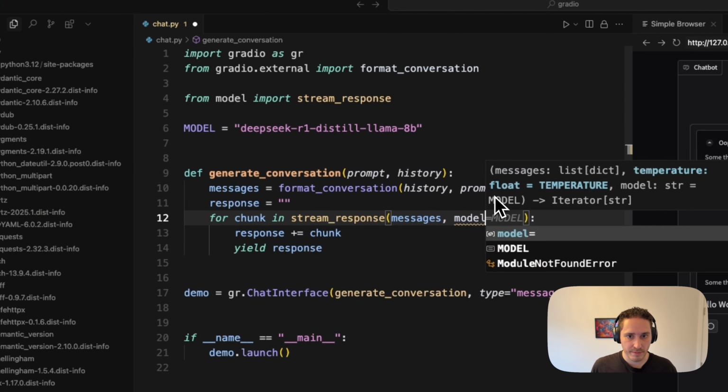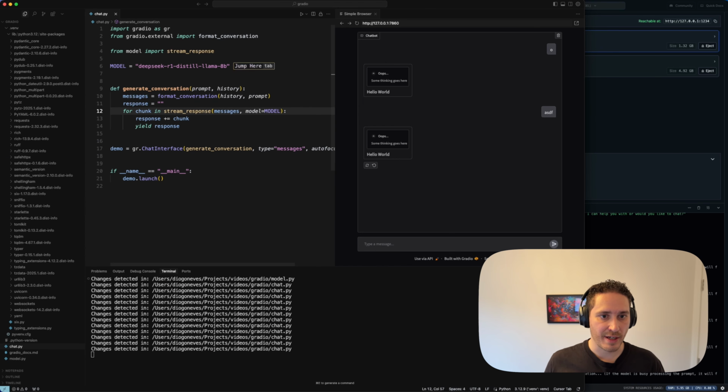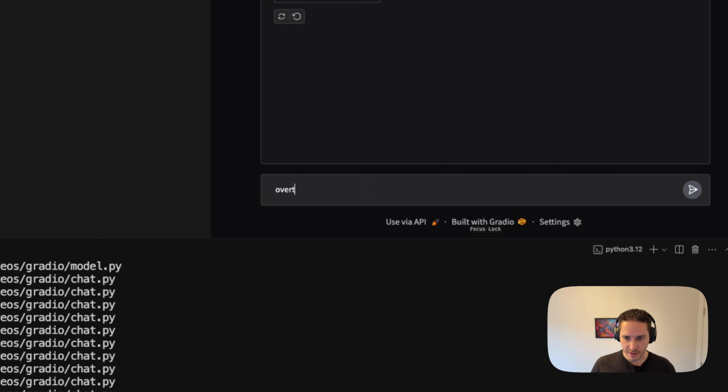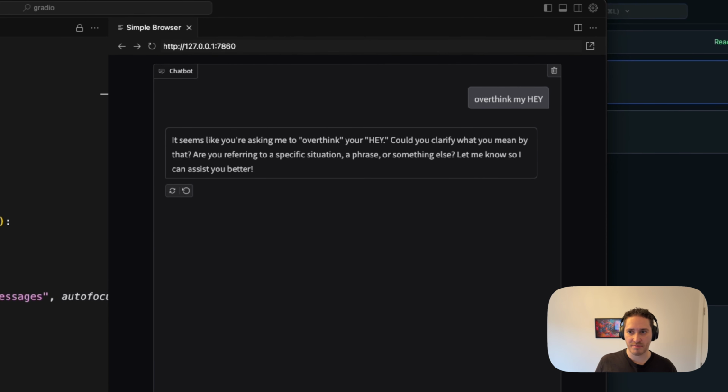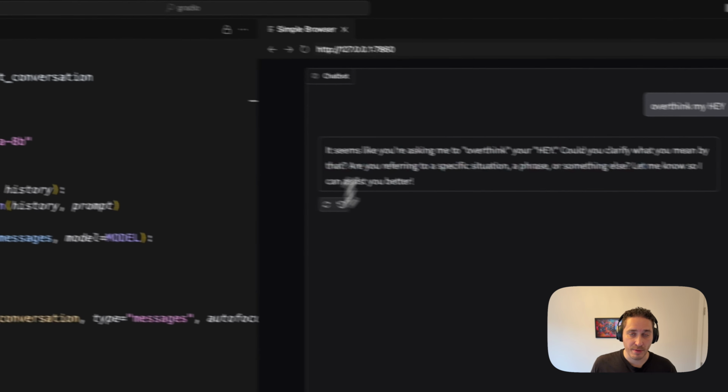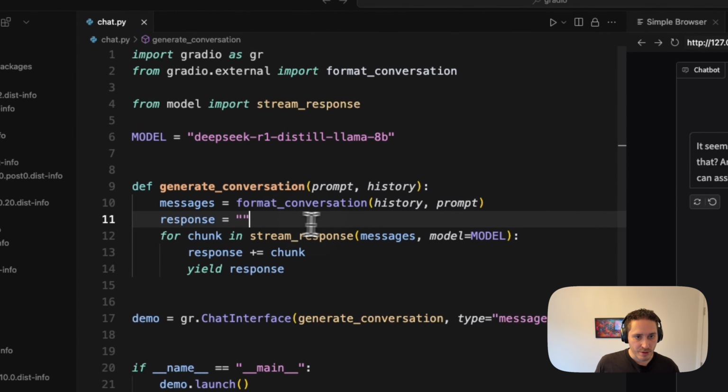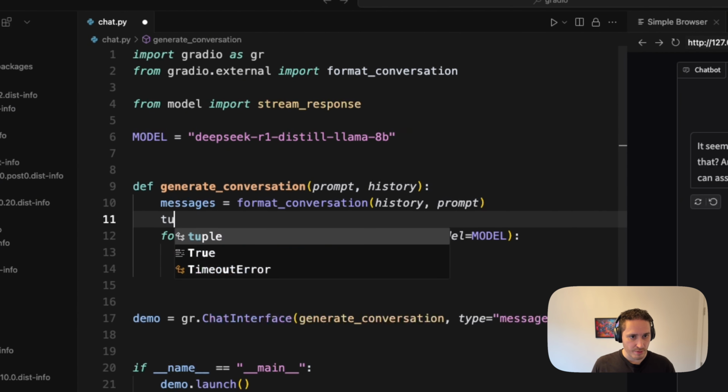Here model equals model. The thinking model will output some think tags. By default, chatbot will ignore these and just hide them, so we won't see them. So actually, if I just switch to this and say overthink my hey, something like that, and it just skips that. So what we want to do now is to see the thinking. We're going to use that technique to return the turn,